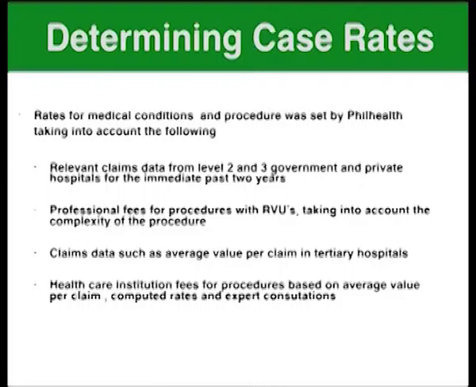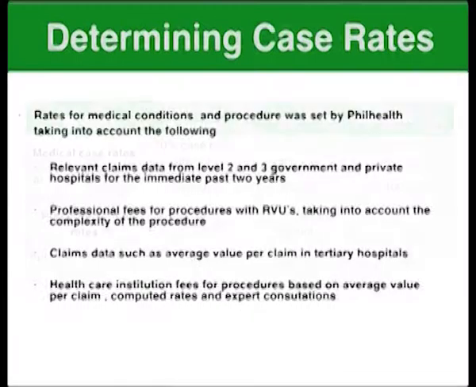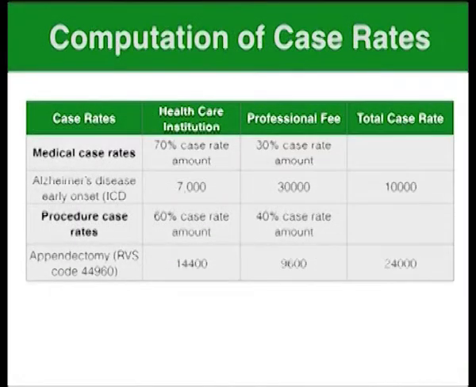Number 3, claims data such as average value per claim in tertiary hospitals. And 4, healthcare institution fees for procedures based on average value per claim, computed rates, and expert consultations. For medical case rates, the healthcare institution fee and professional fee is 70 and 30% respectively of the total case